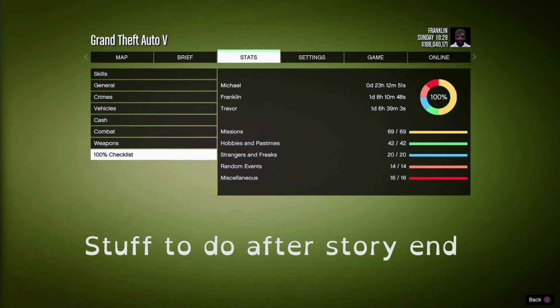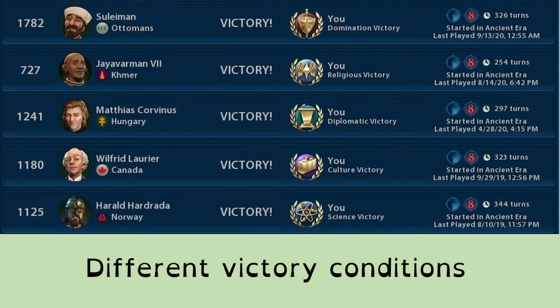Some games have that kind of story end, but then continue to let you play afterwards and potentially give you more things to do to enjoy the environment and enjoy elements of the game. Grand Theft Auto games have typically done this, and you've got this concept of 100% completion, which is when you've done all the side missions and the pastimes and the random stuff in there as well. Some games,